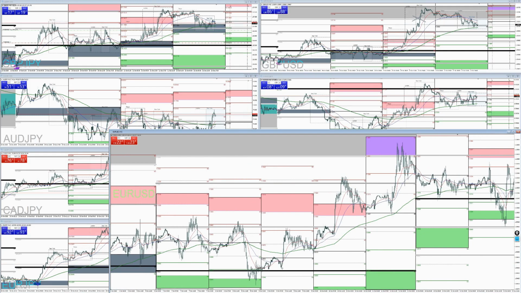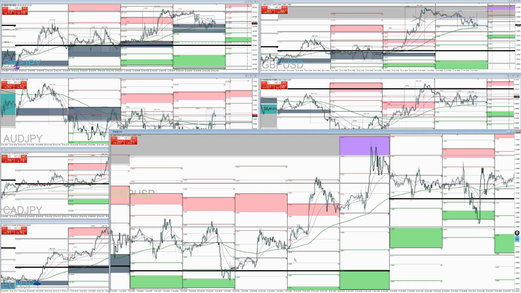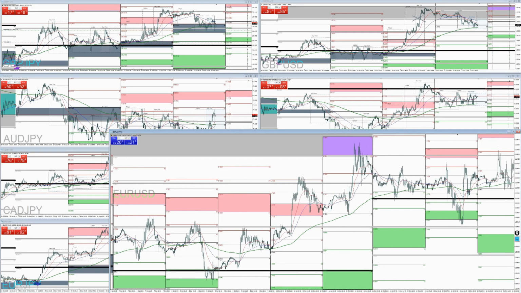What I'm looking for is during the London or the New York session, I'm looking for it to break above, and that is going to be my trigger to go ahead and start trading. Now, one of the questions that I had for myself was if we're near the M2 or we're getting rejected off the M2, if I'm going to take the next day's trade setup. And this is one of the questions that I want answered.